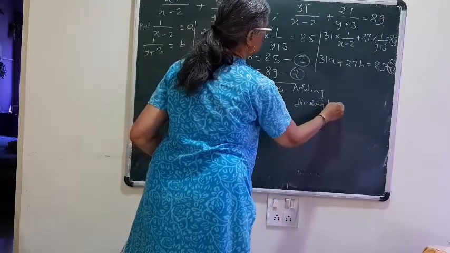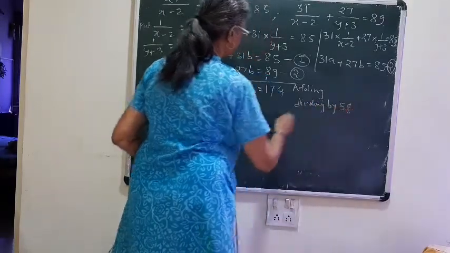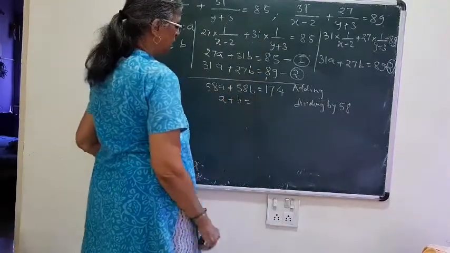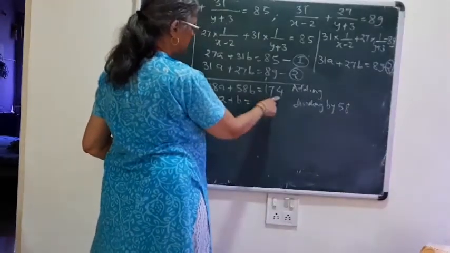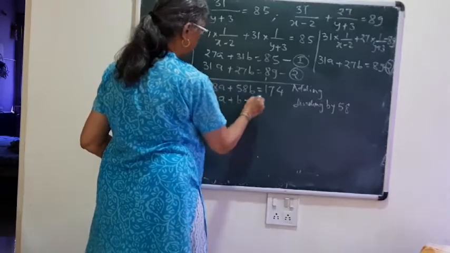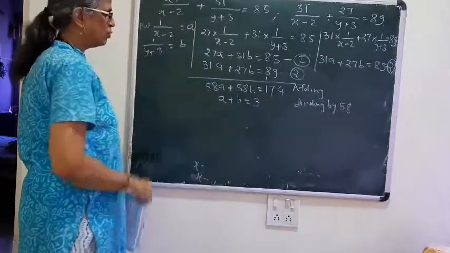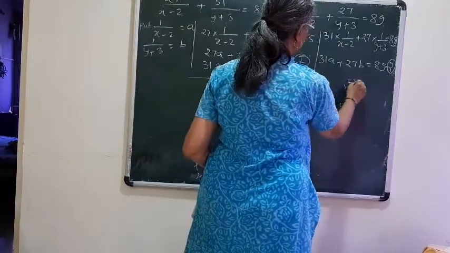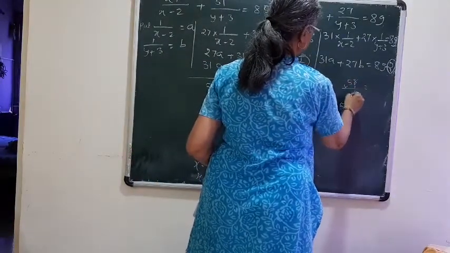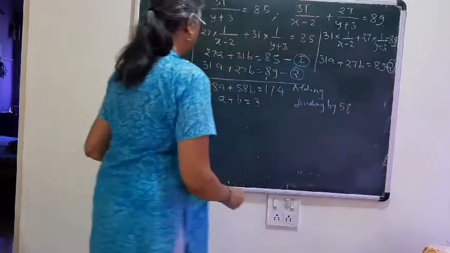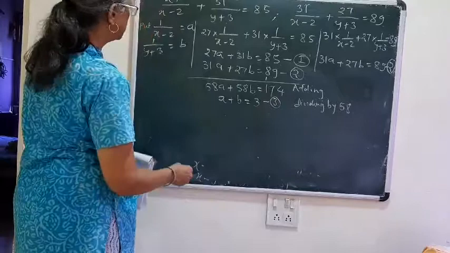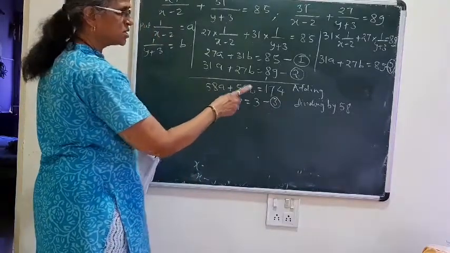by 58. So you will get numbers which are divisible always, remember, so that you can get a simple form. 58, 174. So 8 3s are 24. So I think it will be 58 into 3, 174. I will show 58 into 3, 174. Correct. So this will be your equation number 3. Then equation number 4 we are getting by subtracting.